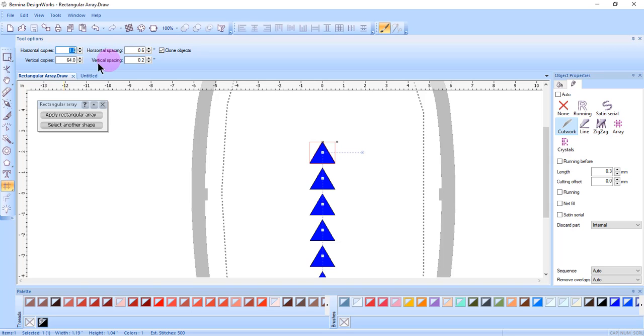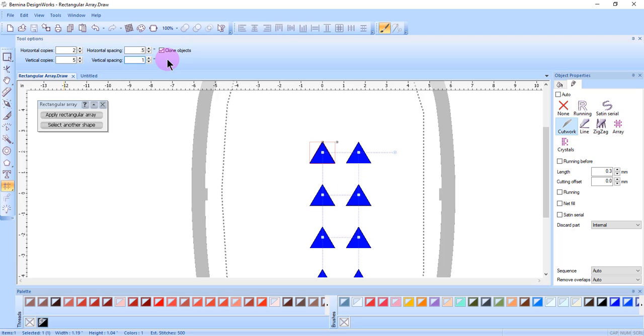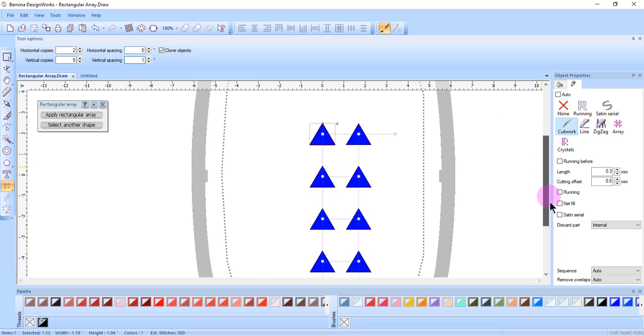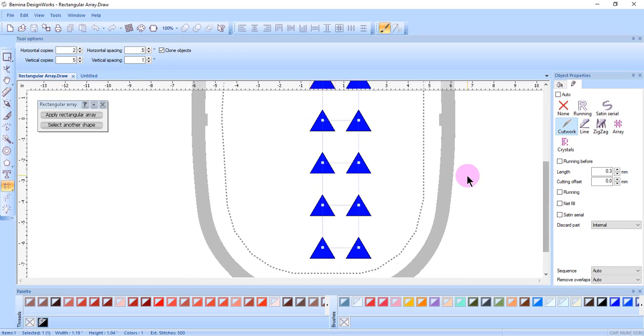I can change the horizontal copies, the vertical copies, the horizontal spacing, and the vertical spacing. Press Enter to preview the change. The software does automatically remember the previous settings when you last used Array, but these can be changed. If Clone Objects is selected, copies of the objects will be cloned and can be reshaped by reshaping just one